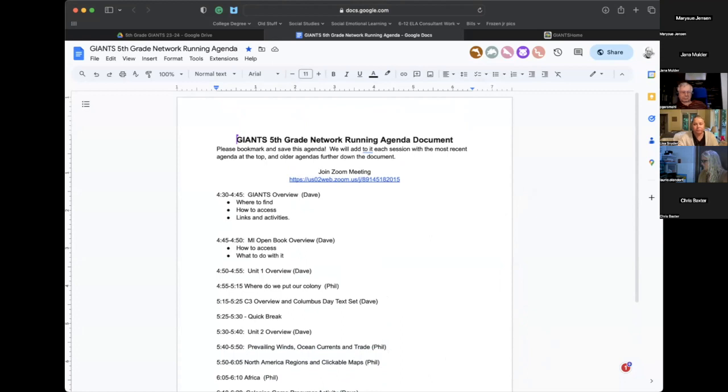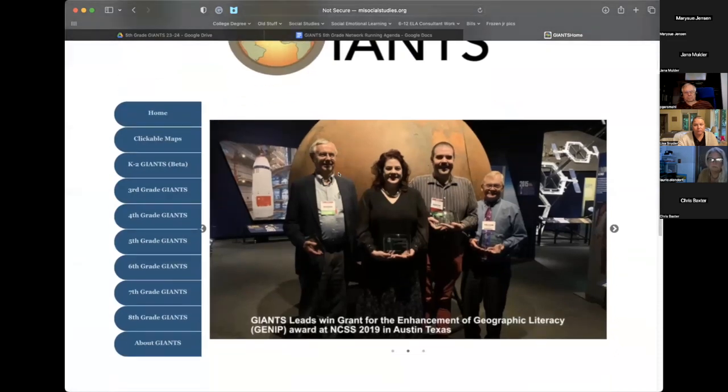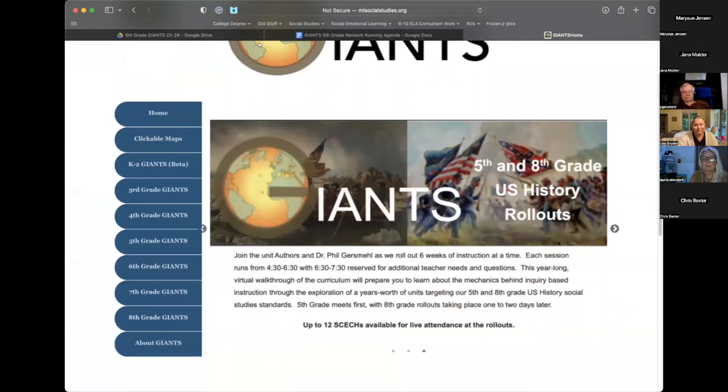So, we chunk these in about 6 week intervals and we try to roll out about 6 weeks worth of stuff. And that works for the most part. So tonight we're actually going to be doing 2 units because the first 2 units are relatively short. So as far as Giants goes, Giants is an open source, that picture should go away. There we go. Giants is an